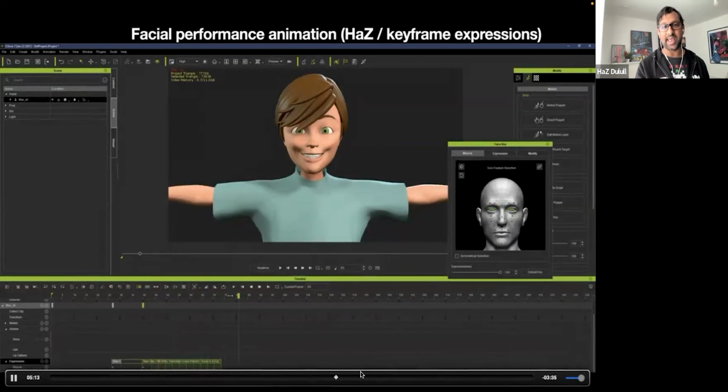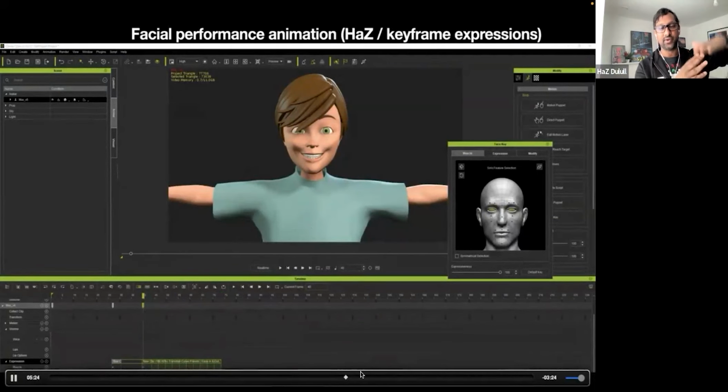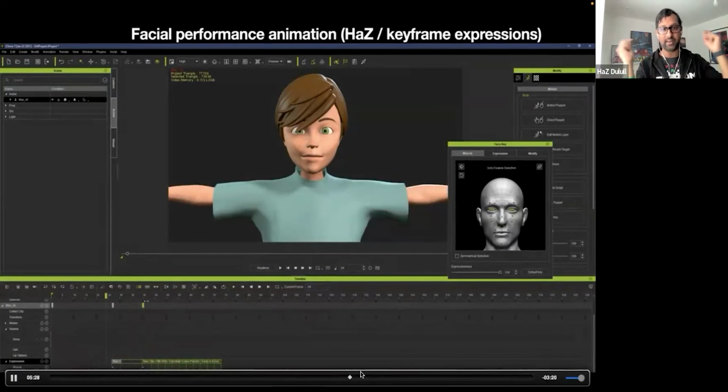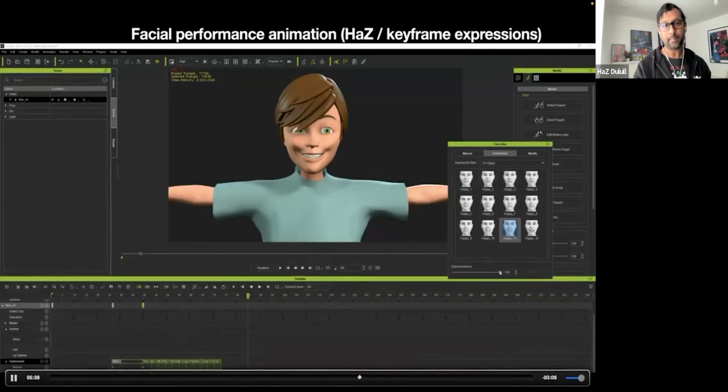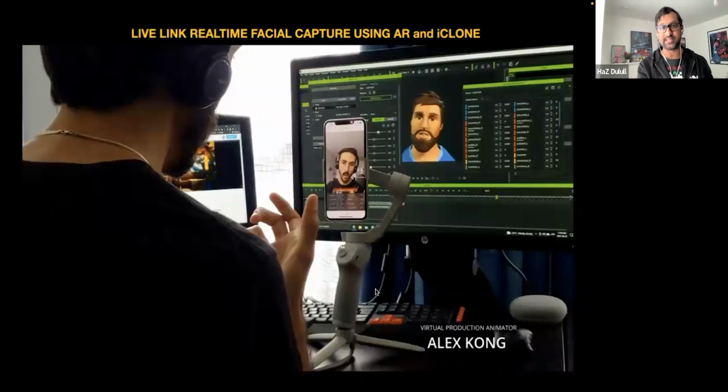And once we do these, we then export that as an FBX. And remember I showed you earlier, we had different channels. We will then feed the face animation into the head channel. So we will break up our skeleton in Sequencer to default being the whole body, hands being the hands, mouth being the lip syncing, and head being the facial expression. So that means we can have different animators working on different parts of the animation of the character without breaking the original mocap. Here's me directing Alex Kong in Montreal.